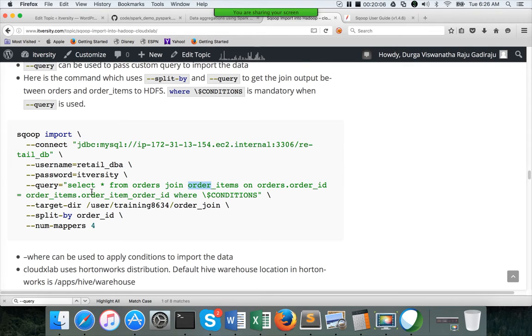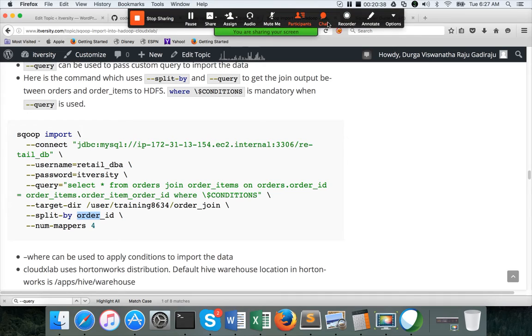So Sqoop cannot determine on which data has to be divided into chunks to copy the data using parallel threads if the number of mappers is 4. So if the number of mappers is greater than 1, and you want to use a parallel degree on top of this query to get the data, you have to set split by and pass the column name using which you want to divide the data across the number of mappers. So that is the significance of order ID.